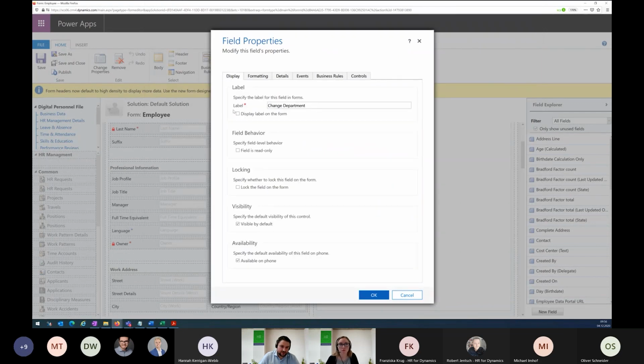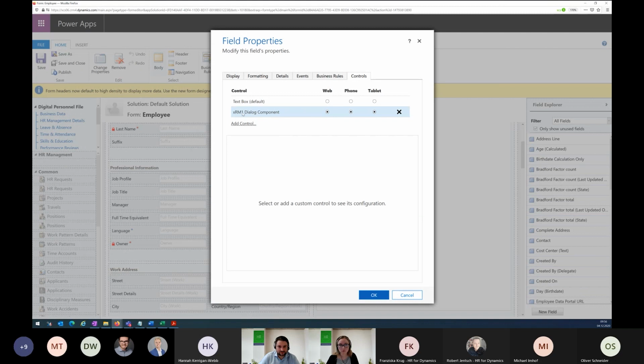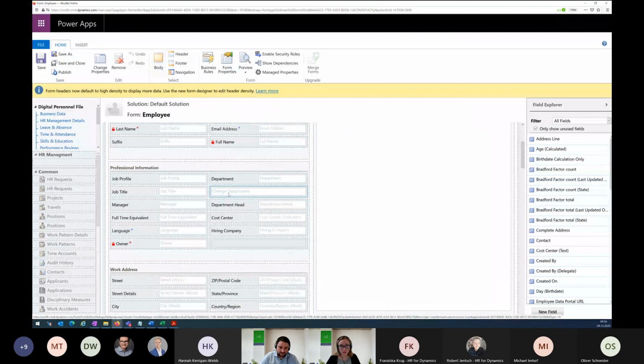Please make sure that you are not displaying the label on the form, as this will be handled by the PCF later. And we will have controls, and you already see that the XRM1 dialog component is our own created PCF from our end. So this text field, which is already on the DPF, on the digital personal file, we want also to make available